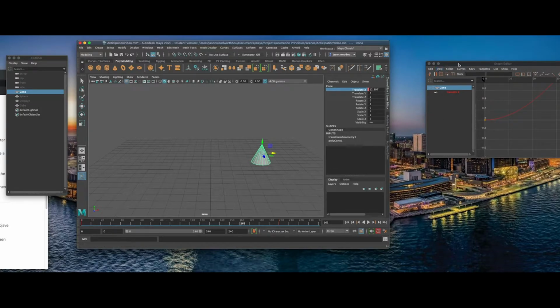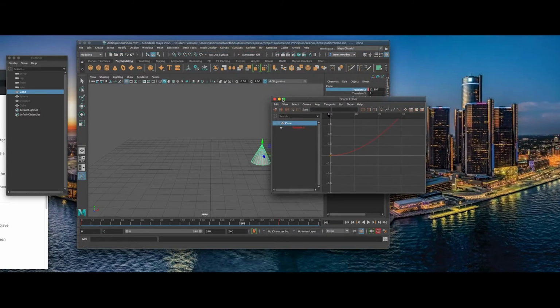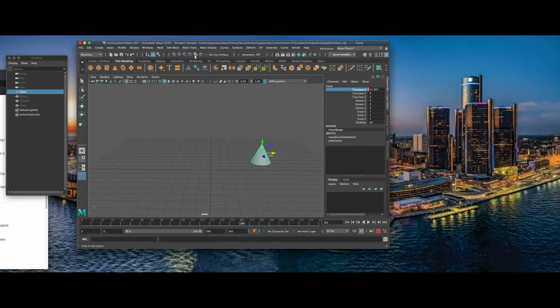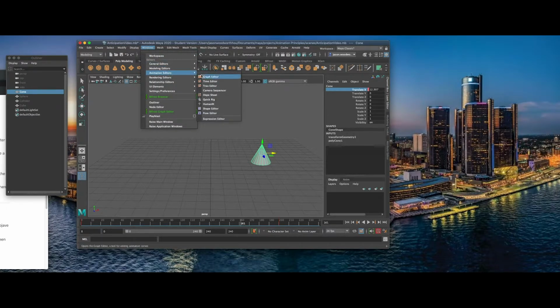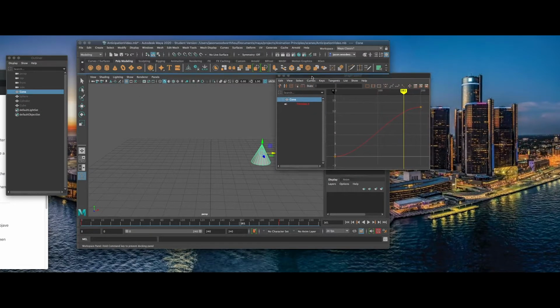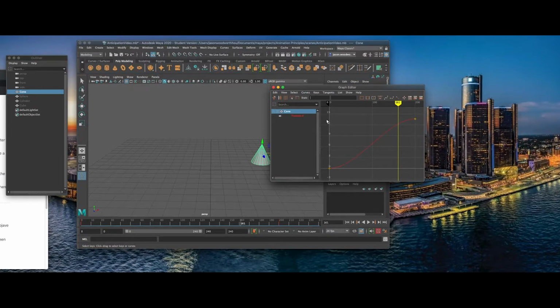And one way I could do that is I head over to my graph editor. If you haven't looked at your graph editor, I'll turn it off and then we'll look at it again under Windows, Animation Editors, Graph Editor. And I turn that graph editor on. And you can see here on my y-axis is the amount of time that has taken place, and on the x-axis is the amount of frames that we have. All right, so you can see from 0 to 200